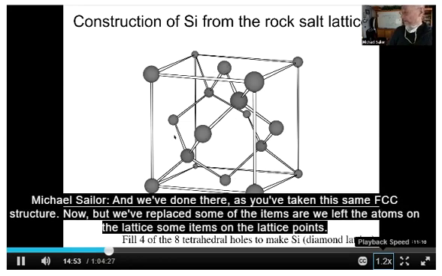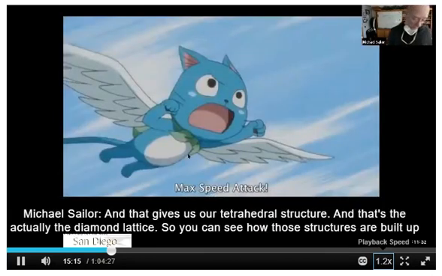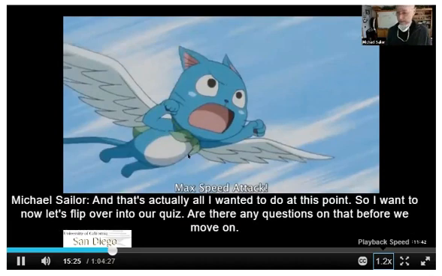And what we've done there is we've taken the same FCC structure now, but we've left some atoms on the lattice points, and we've added some additional atoms that are not on lattice points and put them into these tetrahedral holes. And so there's one sitting there, one there, one there, and one there that we've added to that lattice. And that gives us our tetrahedral structure. And that's actually the diamond lattice. So you can see how those structures are built up. And that's actually all I wanted to do at this point. So I want to now, let's flip over into